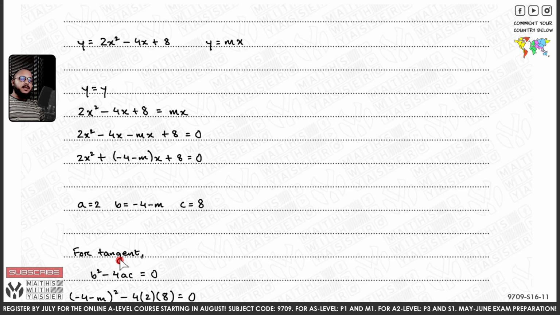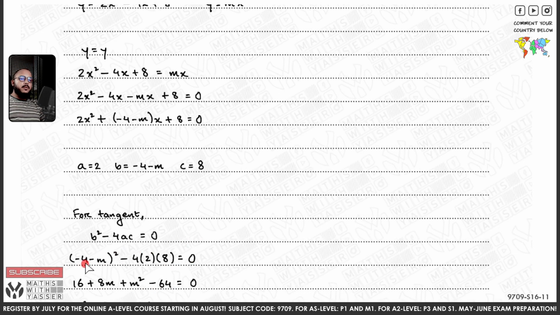So for the tangent, as I said earlier, since the curve and the line are meeting at one point, hence it is a tangent. Therefore, the discriminant must be equal to 0. So b square minus 4ac, that is minus 4 minus m whole square minus 4 times 2 times 8 is